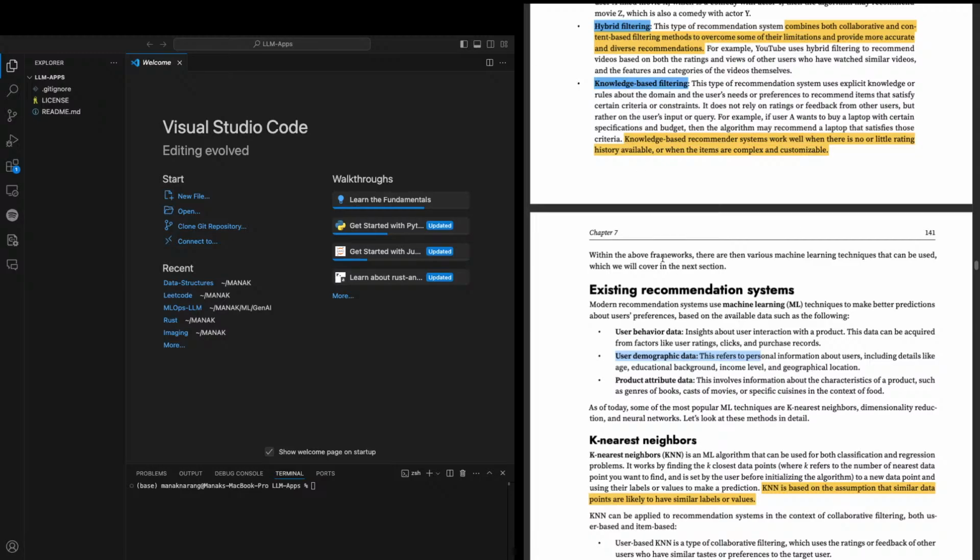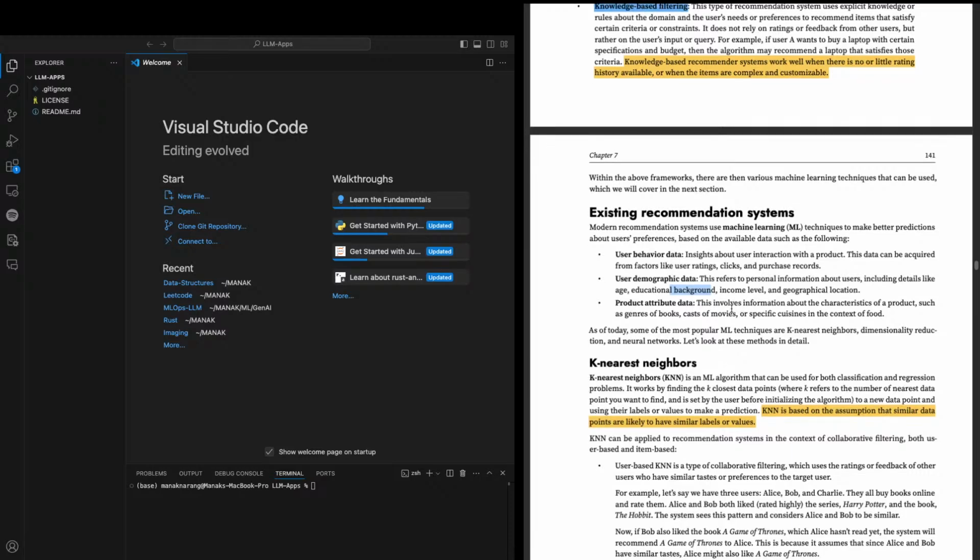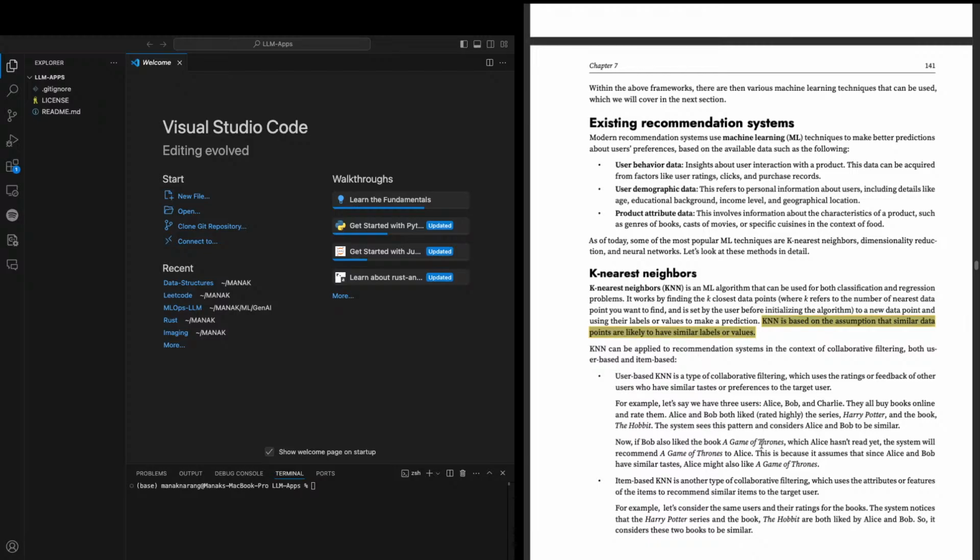Okay, so existing recommendation systems. This is the boring recommendation. KNNs, we all know KNNs.